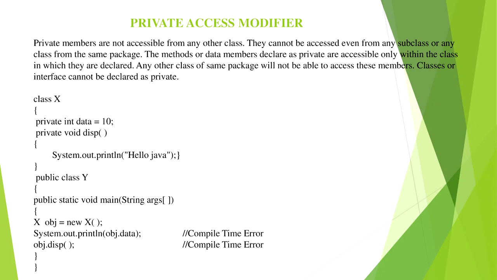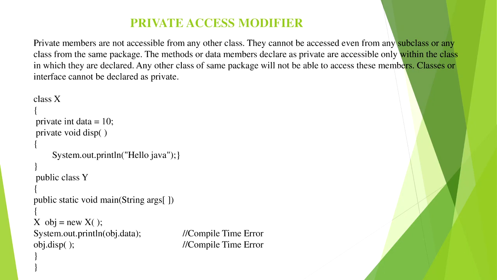The other class Y consists of the main method, and here I create an object of class X, obj equal to new X. Then System.out.println of obj.data accesses the data variable using the object obj, and I also access the method disp with obj, and it gives a compile time error